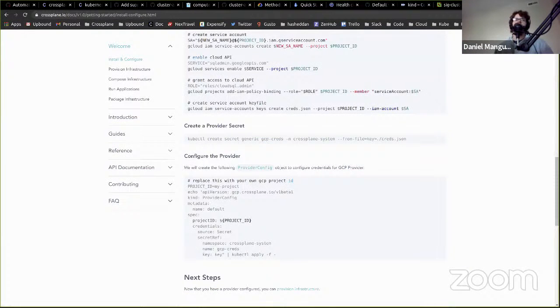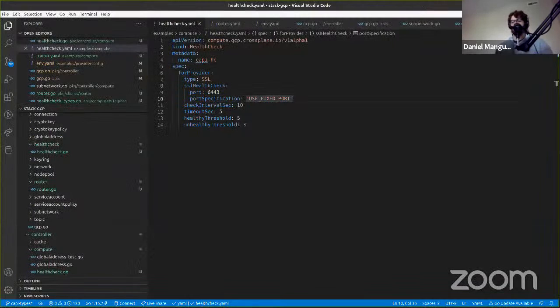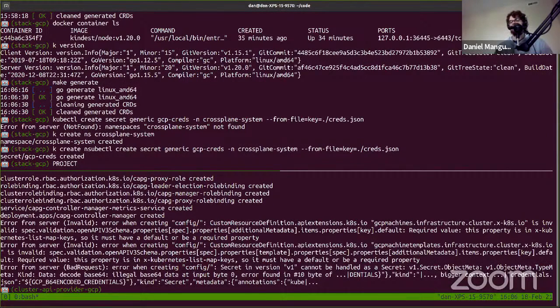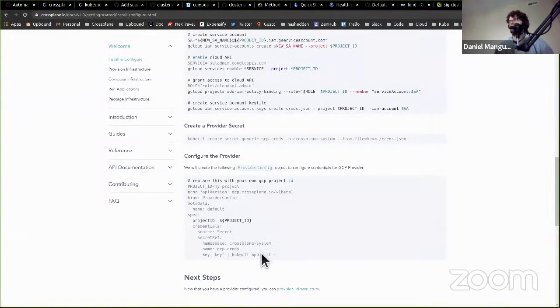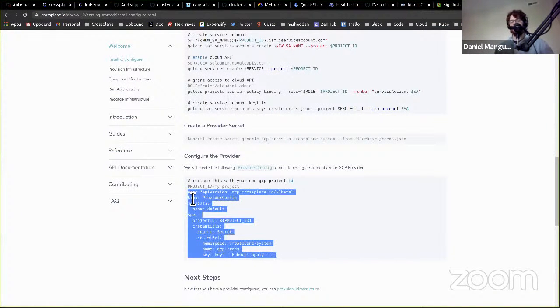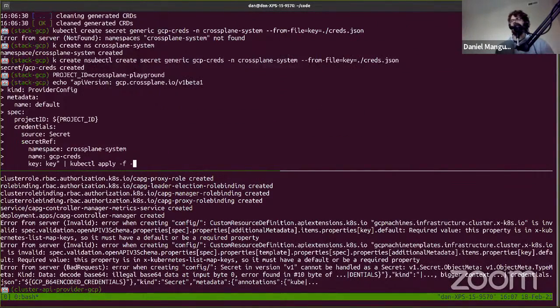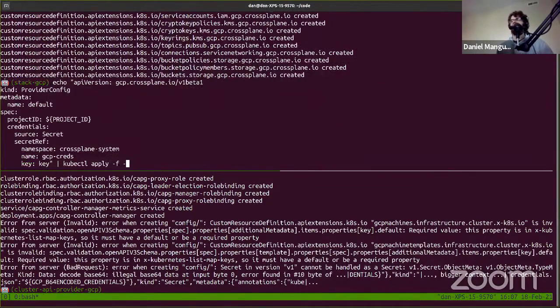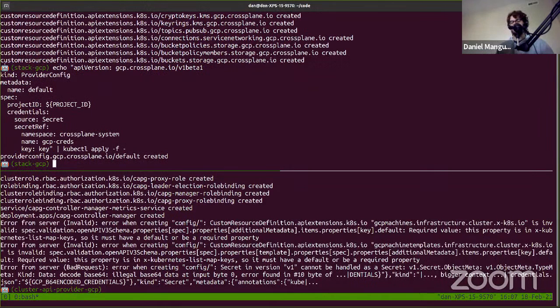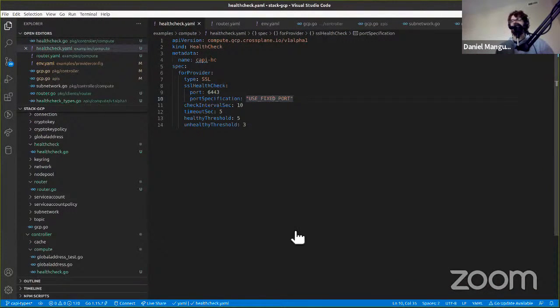Project ID. Forgot we need that for the provider config. Project ID equals Crossplane playground. Okay. And we'll go ahead and go with this. Create our provider config, and it is called default. Package CRDs. All right, looks good. Let's do this again. Provider config looks good. And all right, so the last thing to do, or the 2 last things to do,